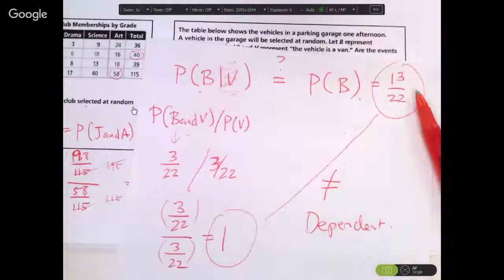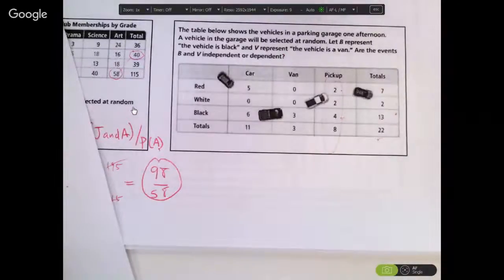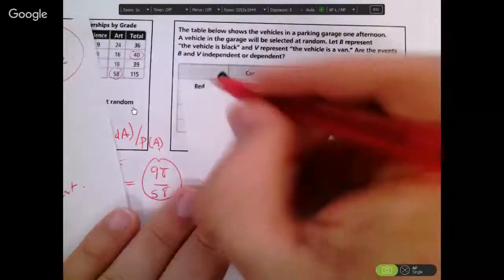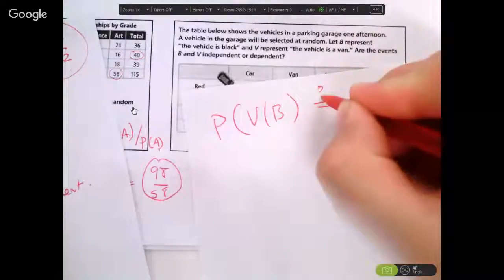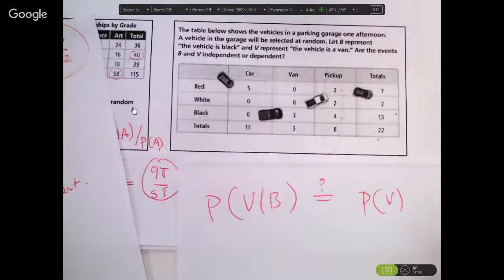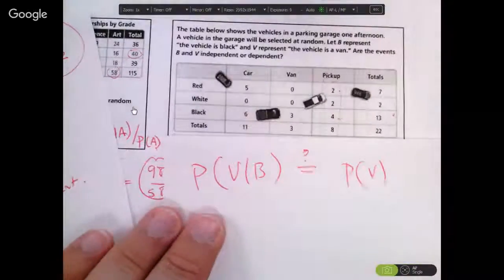I love the fact that we're surprised that the color of the van matters, because you would think it doesn't matter. How does the color of the van matter to it being a van? Well, in this situation, it matters. You said that you can do it backwards? You want me to do it backwards? Yeah. So P of V given B. The question is, does that equal the probability of a van? In the first question, you said the second letter is what is the